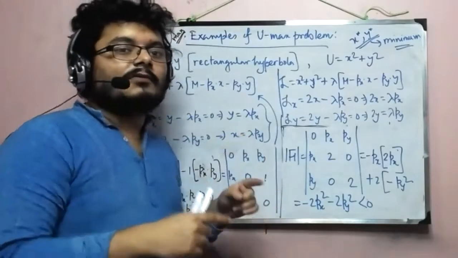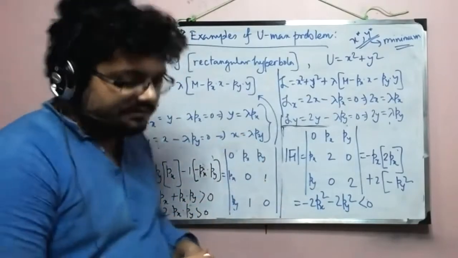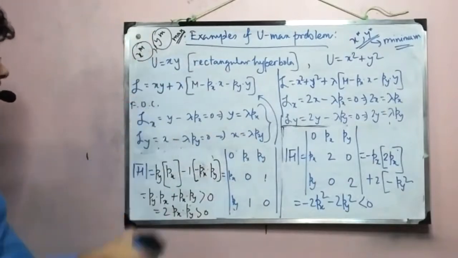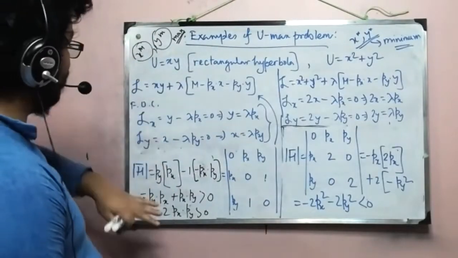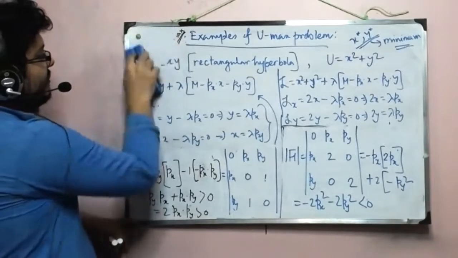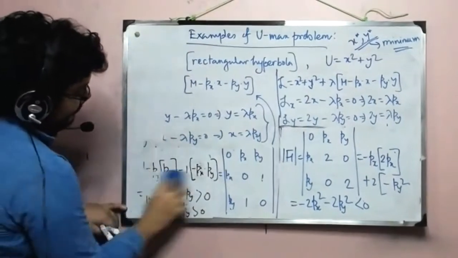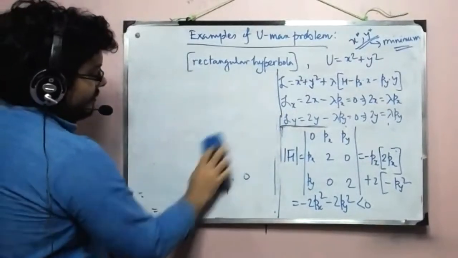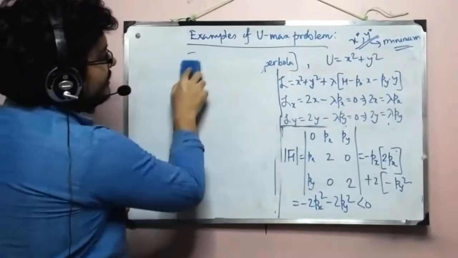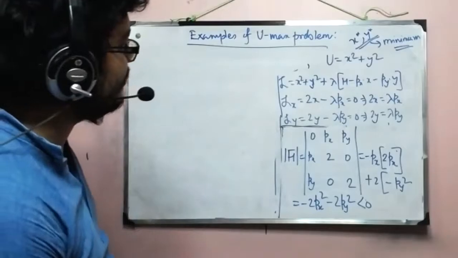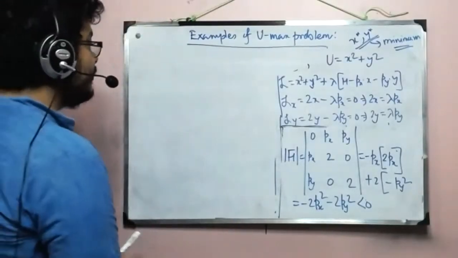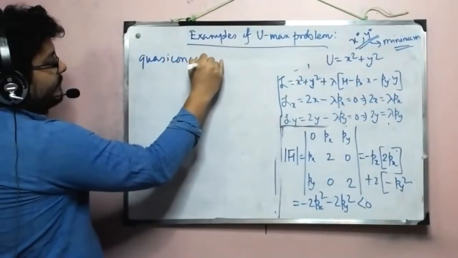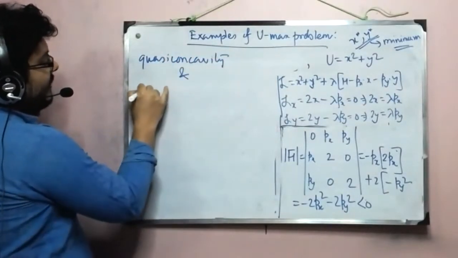Now, as an answer to the first question, how to recognize that Lagrangian method will not work, we must go into the topic of, as we say, so this is a correct problem. This problem that for u equal to xy, we are okay with what we have learned. So let me erase this because we didn't face any problem here. Now, to answer the first question, where Lagrangian method works and where it doesn't, we have to go to the topic of quasi-concavity and quasi-convexity.